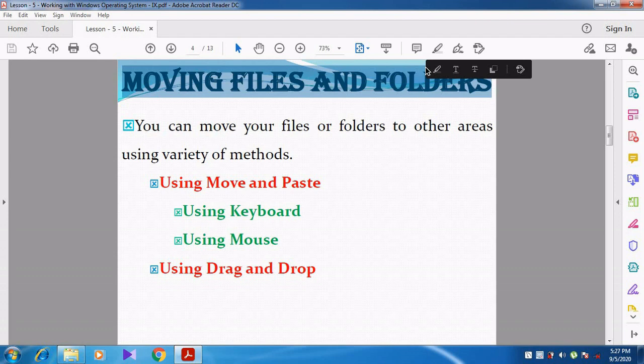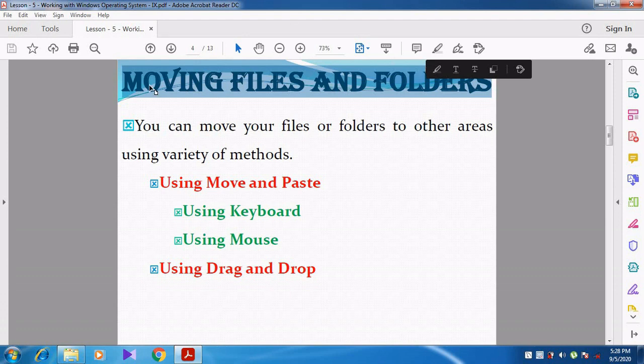It will be removed from the source. So that is what we are going to see, how to move a file and folder.